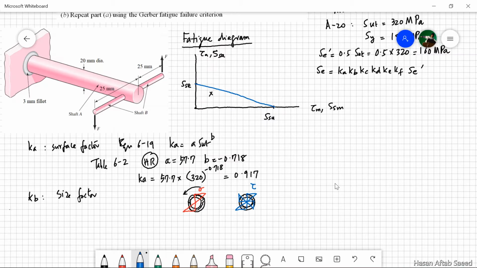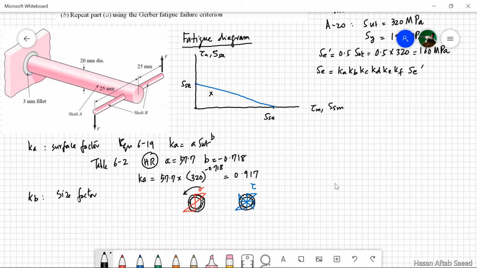So even if you were to calculate the equivalent diameter in this case, you'll get the same answer, because equivalent diameter is based on the portion of the cross section that takes up 95% or more of the maximum stress. And this is sometimes a cause for confusion. So if it's a torque problem, whether it's rotating or non-rotating, you don't need to calculate the equivalent diameter. Yes, if it's a non-circular cross section, that's a different thing.